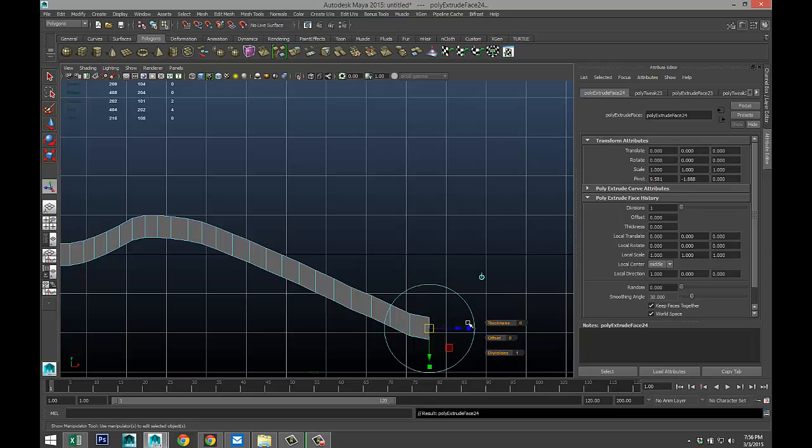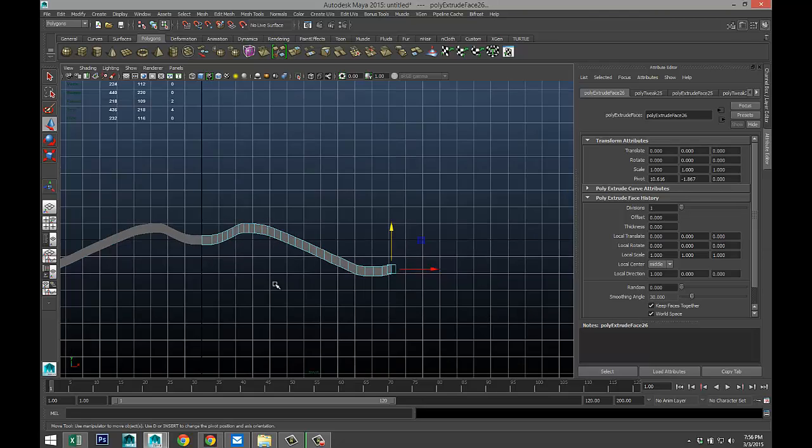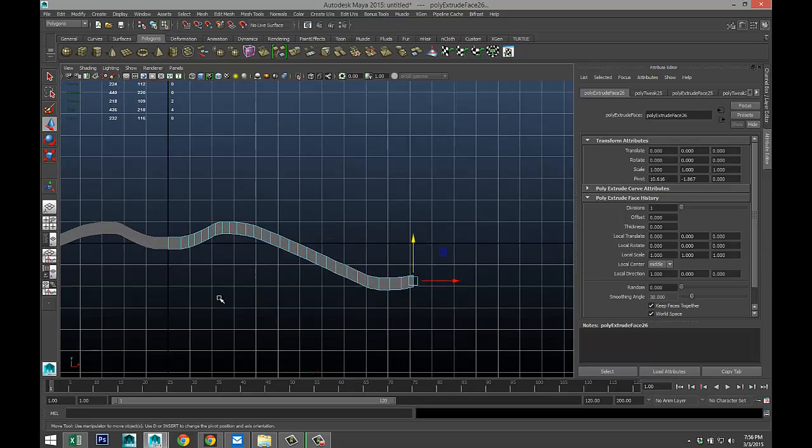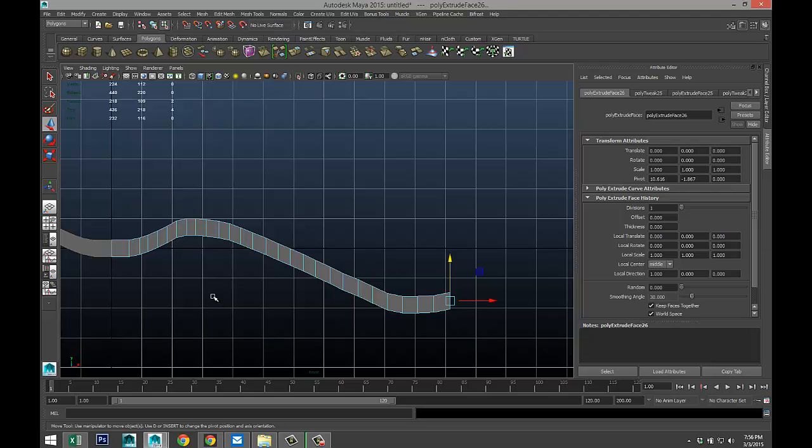Time to slow down on that curve. That's about right. Okay, cool.